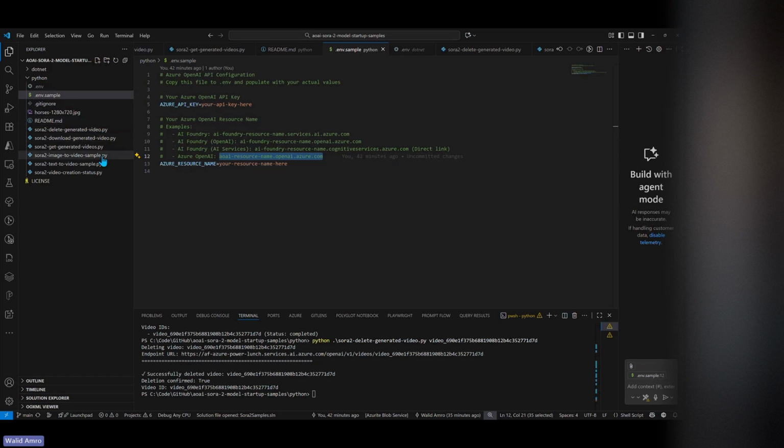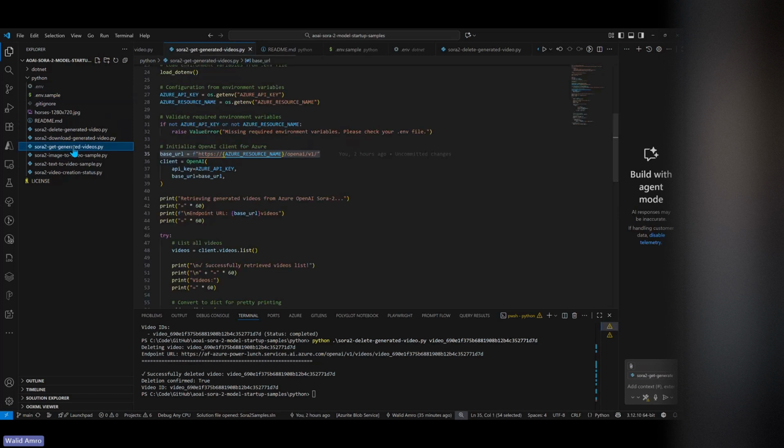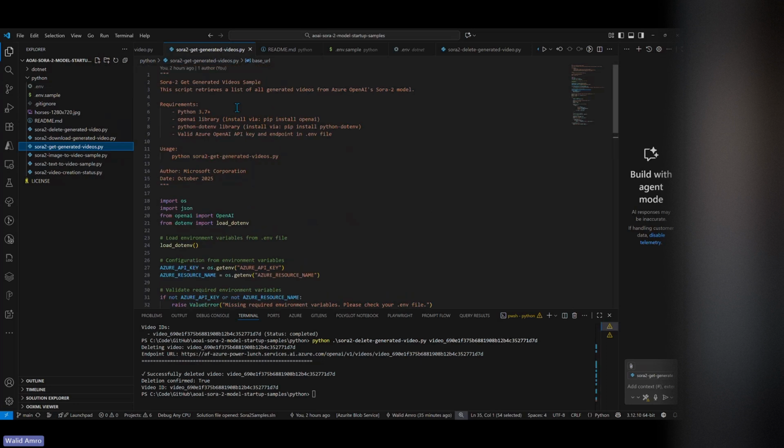So in order for you, I did all the capabilities that Sora 2 provides. I did a separate file for each. This way it will be limited code, because sometimes too much code is going to be very tough for you to understand. So for example, to get generated videos, to see what you're going to do